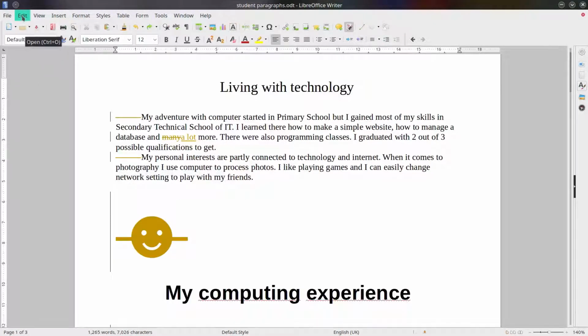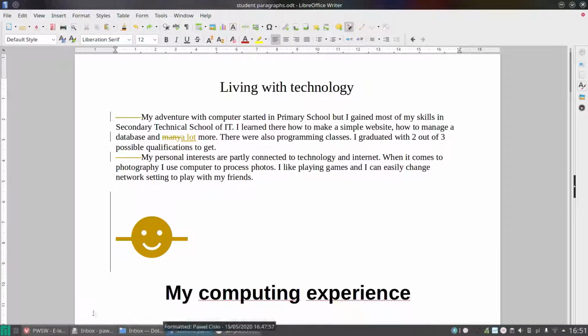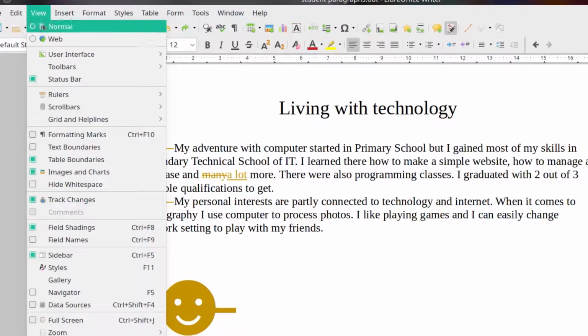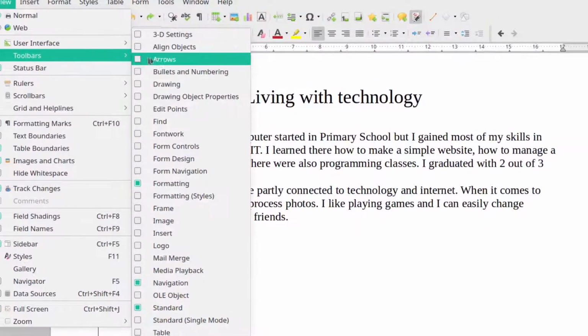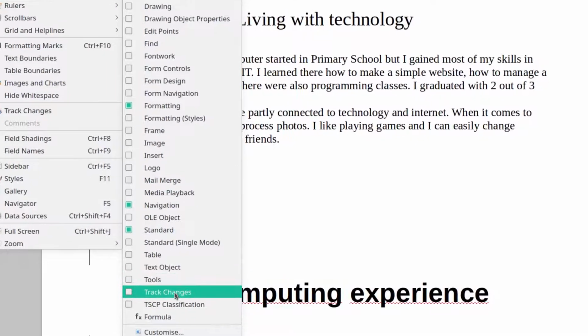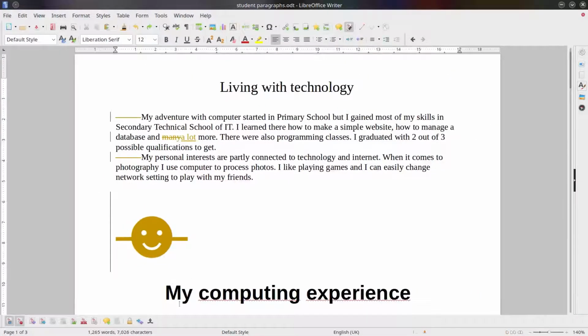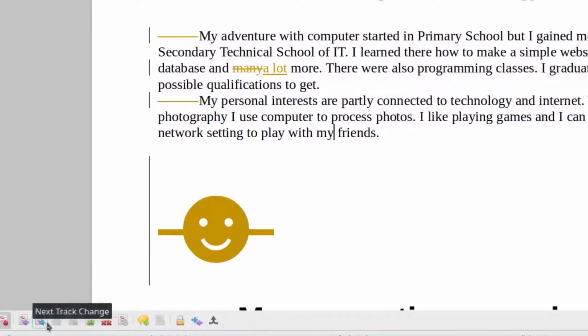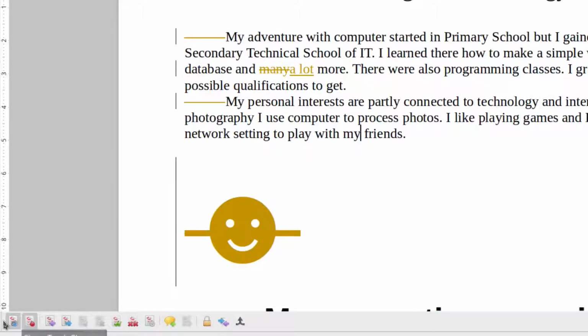So of course, everything can be accessed from this menu, but if you're working with tracking changes, there is a toolbar that you might want to turn on so that you have access to all those features and easy access. So if you go to View, Toolbars, you've got Track Changes. And you can see that this toolbar appears. And it's got all these features, all these basic features